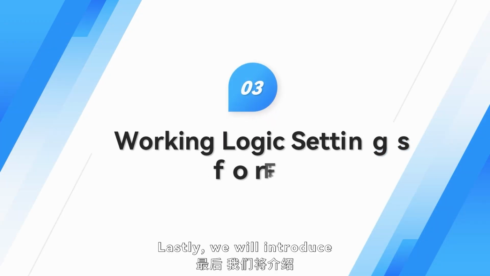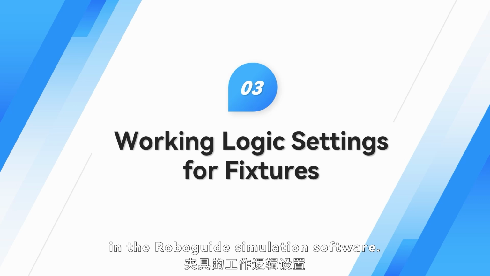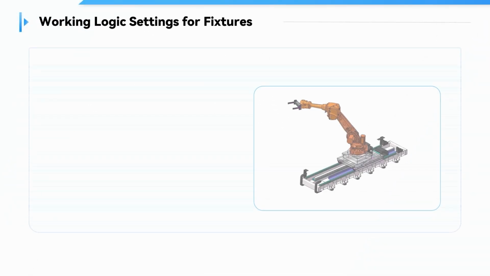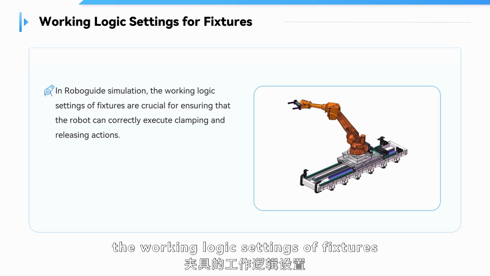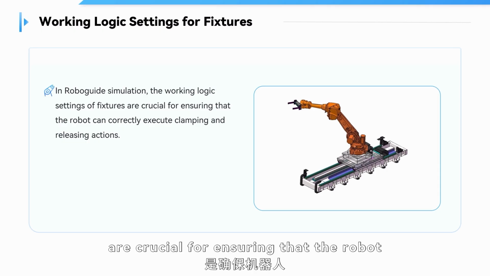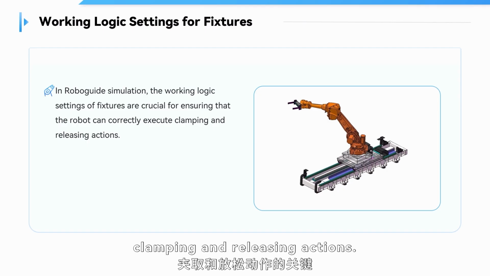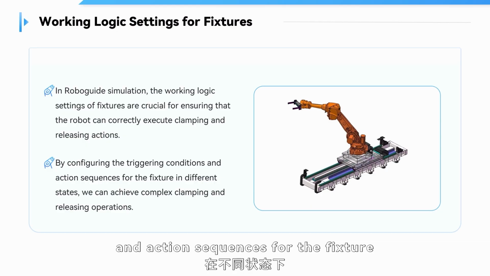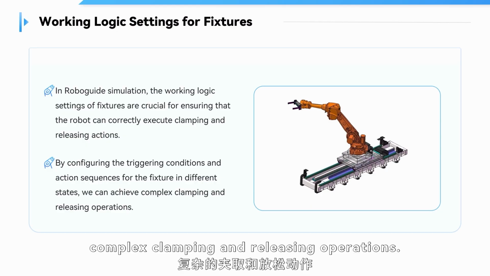Lastly, we will introduce the working logic settings of fixtures in the RoboGuide simulation software. In RoboGuide simulation, the working logic settings of fixtures are crucial for ensuring that the robot can correctly execute clamping and releasing actions. By configuring the triggering conditions and action sequences for the fixture in different states, we can achieve complex clamping and releasing